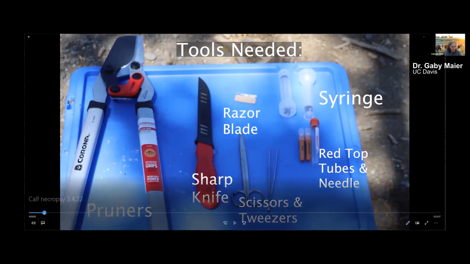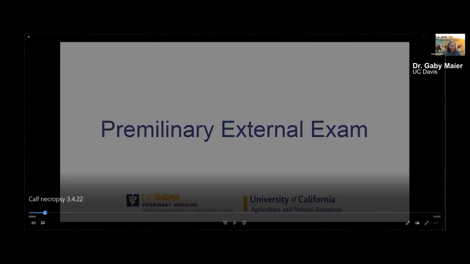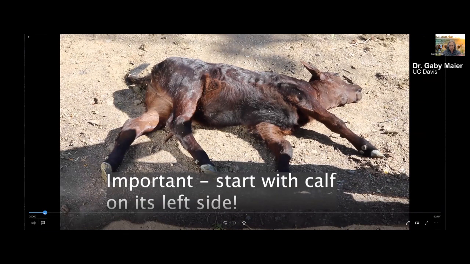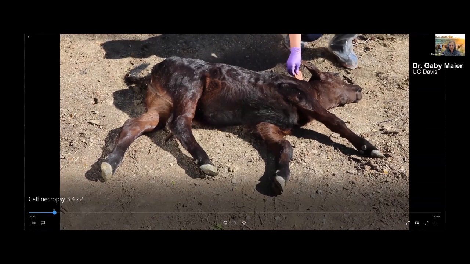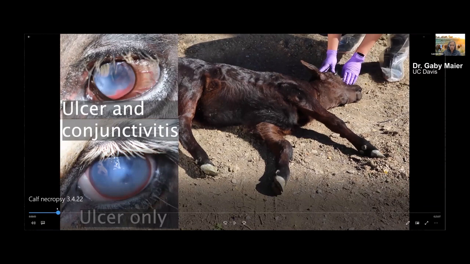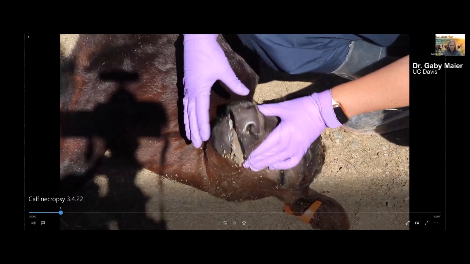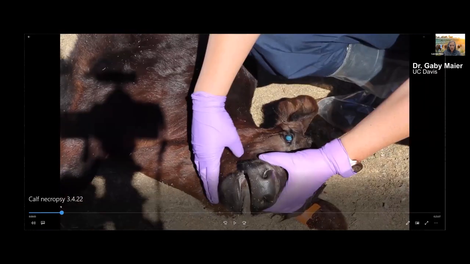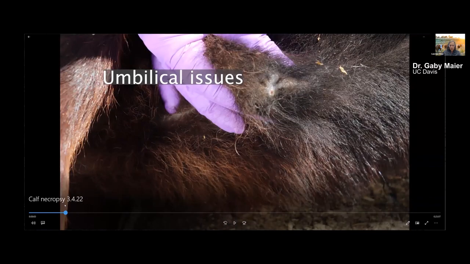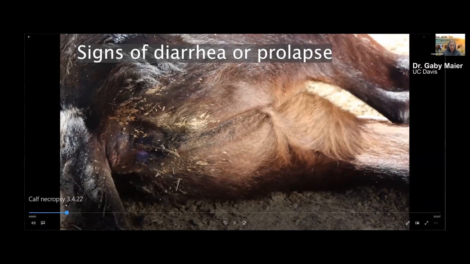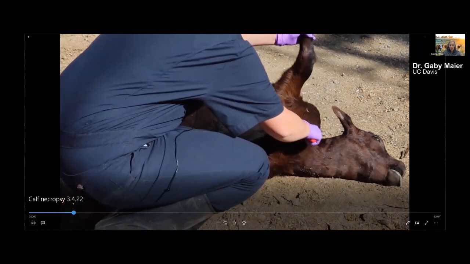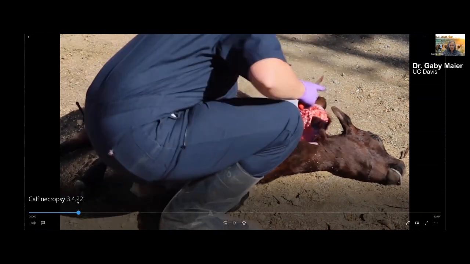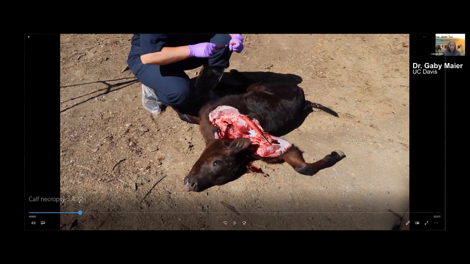But if you are not squeamish, then we can show you how that's done. Of course, it's narrated, so it has sound. We're showing you how to examine the calf externally, what to look for in the eyes, in the mouth, the tongue, in between the feet, the umbilicus, etc. So all the external parts. And then Dr. Watson shows how to open the carcass in the field, how to take a blood sample,